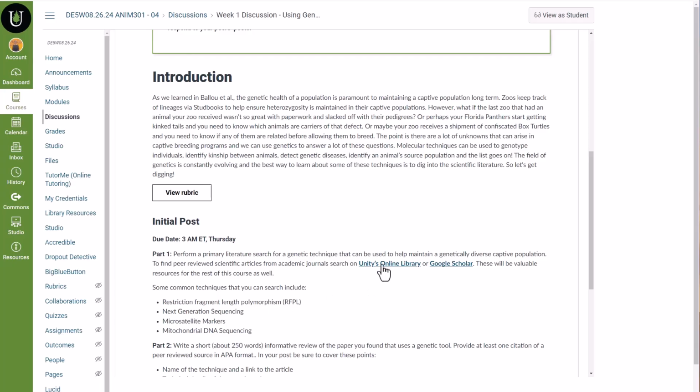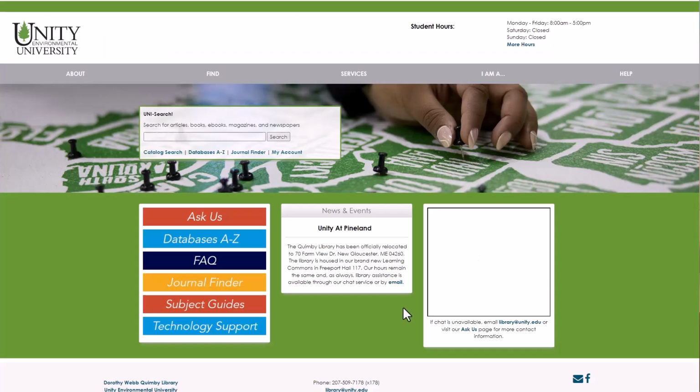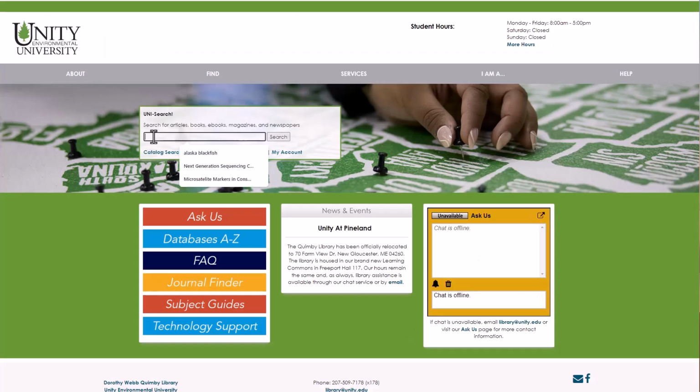It gives you a couple of links here. It gives you Unity's online library and Google Scholar. First, we'll do it through Unity's online library. Now, you can also do it over here in library resources. So in future assignments, if you don't see this link, you can do it through this link in Canvas with library resources. Let's click on Unity's online library,